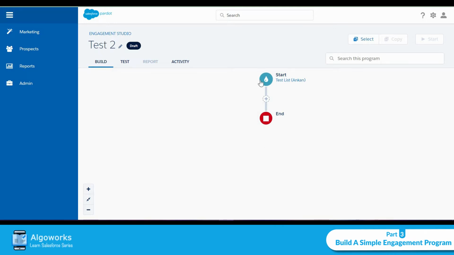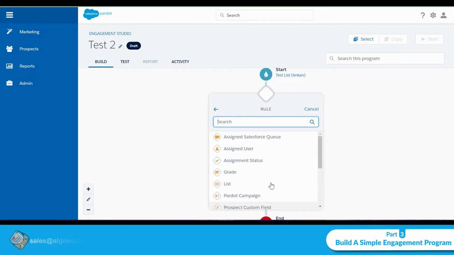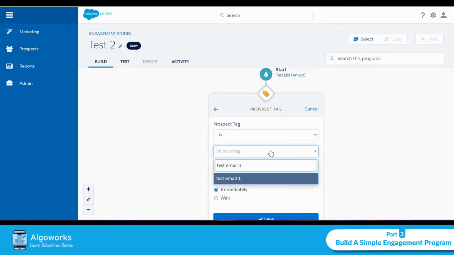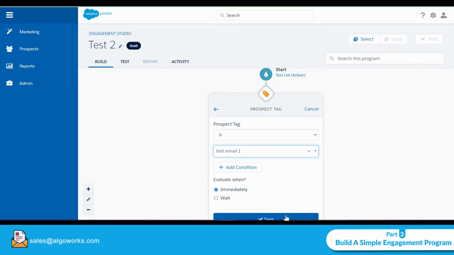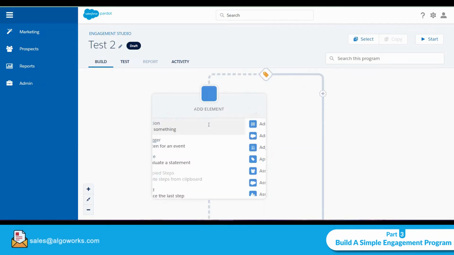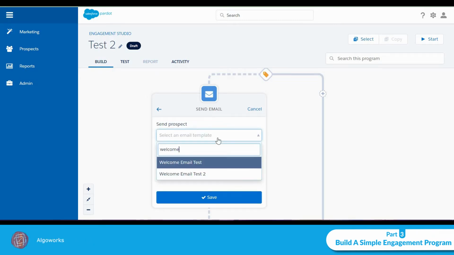Now we are going to start building the steps the prospect would follow when he enters this program. So first, when he enters, I'm going to check if the prospect has a tag of, let's say, test email 1. In case the prospect has test email 1, I'm going to make it go to the next step, but if he doesn't, that is a no, I'm going to send him an email, welcome email test,